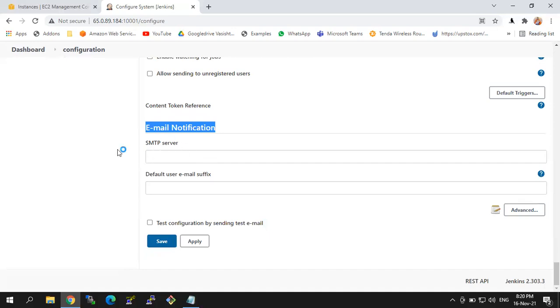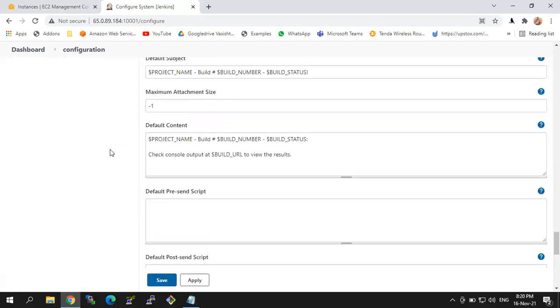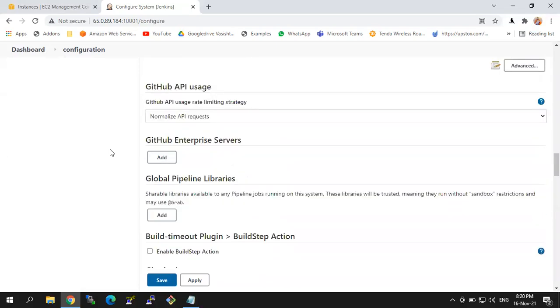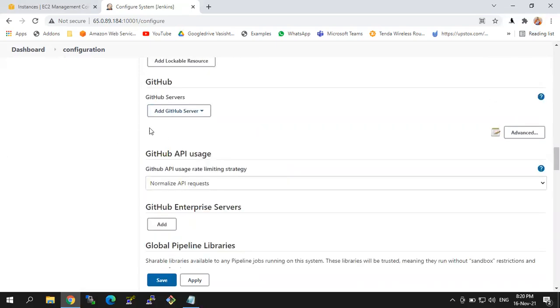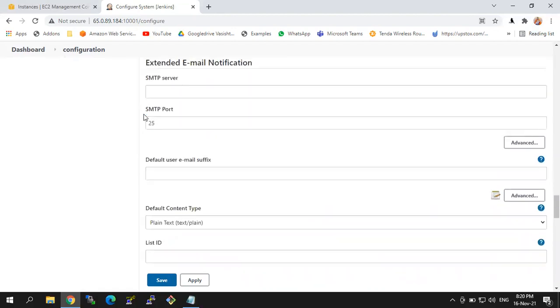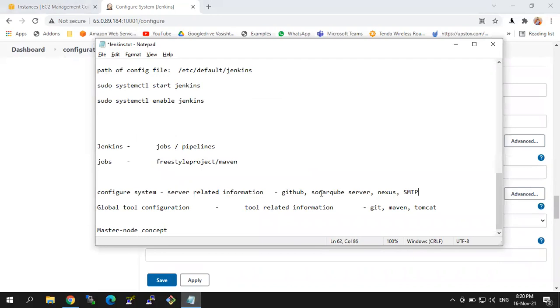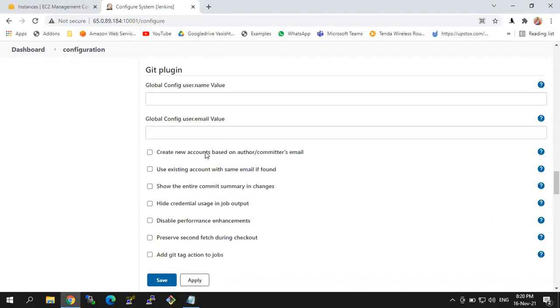I'll explain this part also at the time of Jenkins jobs. Likewise you can give here, but some of the tools are not added here. By default you are able to see GitHub only, and you are able to see SMTP. Why? For example, if I want to see the SonarQube server, it is not available here. So if any service is missing here,